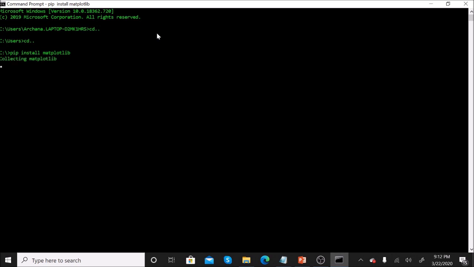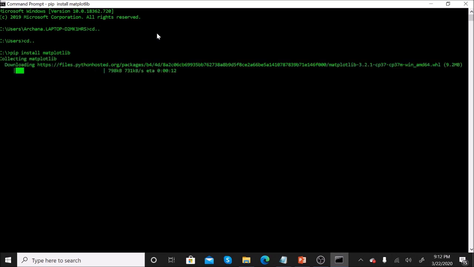Now see here, it is collecting the data and downloading this particular library. This is the process of installing Matplotlib library.